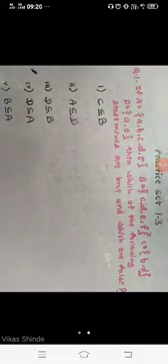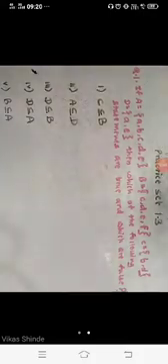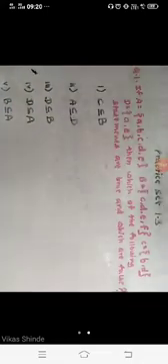If A equals {A, B, C, D}, B equals {C, D, E, F}, C equals {B, D} and D equals {A, E}, then which of the following statements are true and which are false? We have to justify which statements are true and which are false. Look student, the first one is given here. C is a subset of B.